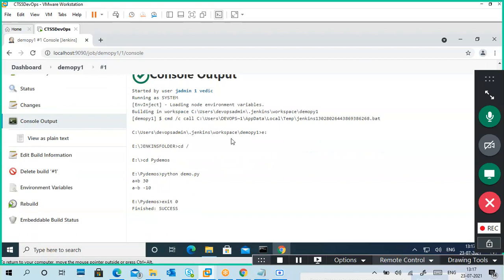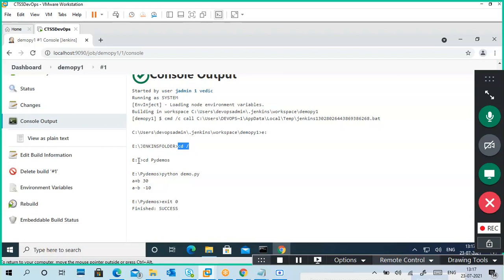Can you see here it is the E drive. This is the workspace. Actually, in this location it executes, but my file is not here. This is my project file. This is the workspace location. So I changed to E drive, but that changes to the E drive Jenkins folder, not the actual E. That's why I gave a slash.